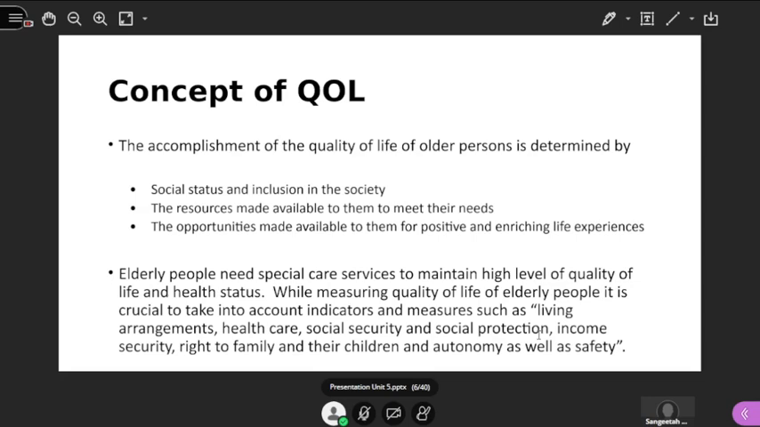So the accomplishment of quality of life of older persons is determined by social status and inclusion in the society, whether they are inclusive, whether they pay